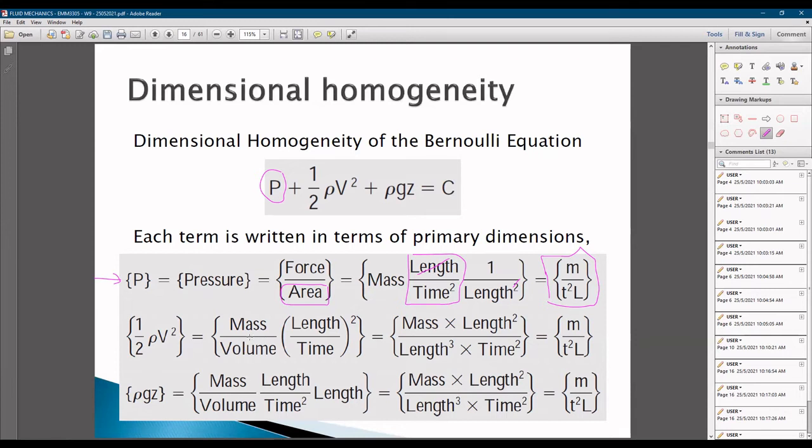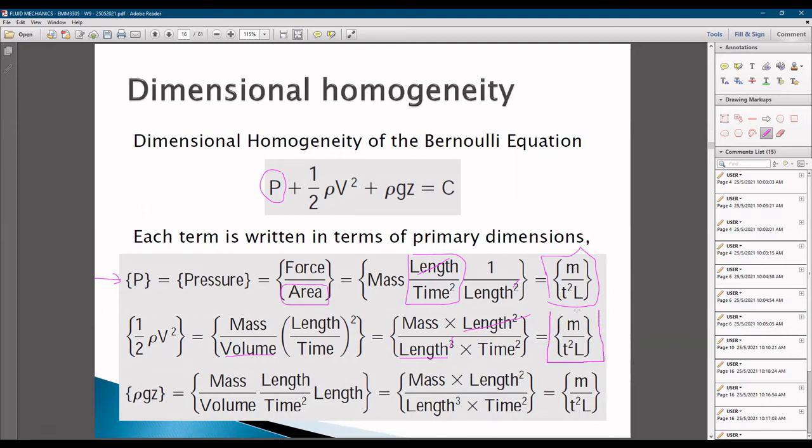For rho, the density is mass over volume, and v square is the speed, which is length over time. And here you have square, and you just put square there, no problem. Further, you can expand this volume. Volume is actually length to the power of 3, right? From there, you can cancel this out. So you get this,